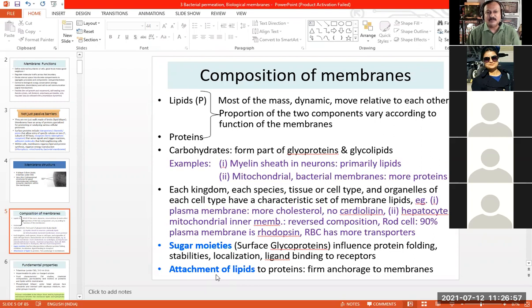Or maybe when you studied the functions of the Golgi apparatus, Golgi bodies, or endoplasmic reticulum, you might have studied that the proteins which are made in the cytoplasm by protein synthesis are later converted by what is called post-translational modification. That is, some sugar moieties are attached to them. And because of these sugar moieties, the proteins are directed to a particular site in the cell, or in a membrane.